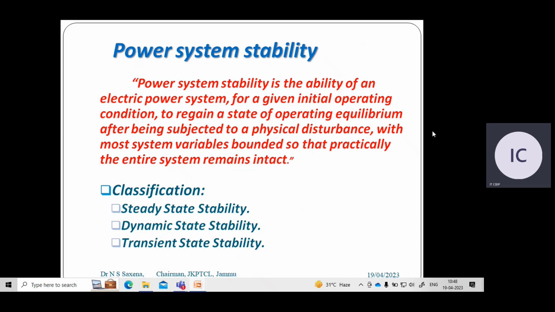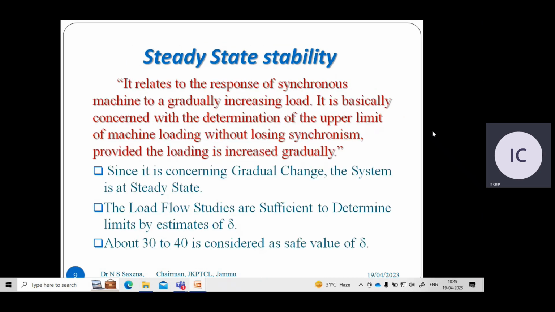It can be classified in three different ways: steady state stability, dynamic state stability, and transient state stability. We will see what this means. Steady state stability relates to the response of the synchronous machines to a very gradual change. The disturbance here is not a very large or sudden disturbance. Sometimes it is planned: the machine is about to get more load, so you ramp up the machine. If it is a gradual change, load is increased,